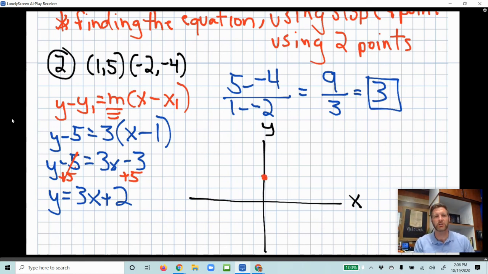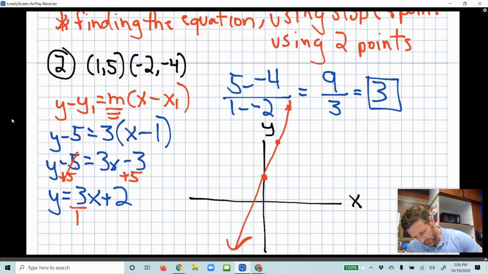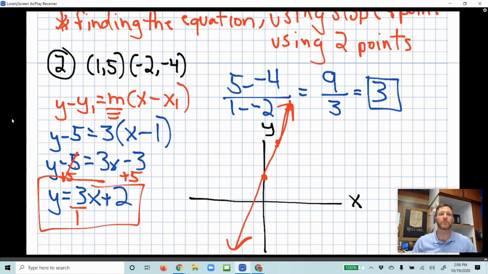Notice 3 is not a fraction, but if it's a whole number, it just means the denominator is 1. So this is the same as 3 over 1. So from my y-intercept, I just need to rise 3, 1, 2, 3, and run 1. And then rise 3, 1, 2, 3, and run 1. And so there is the graph of the line that goes with this equation of the line that came from those 2 points,